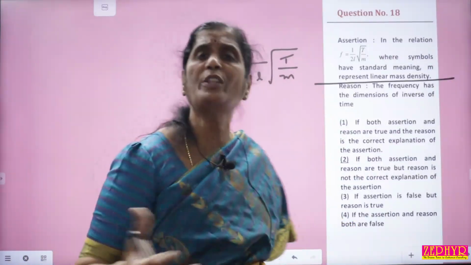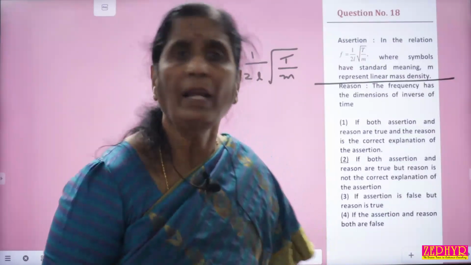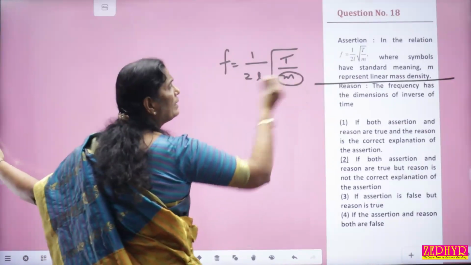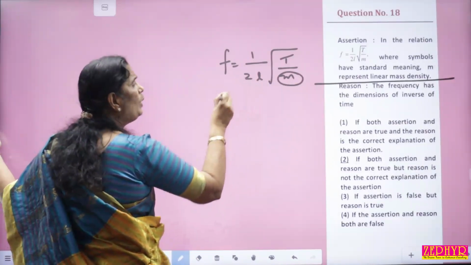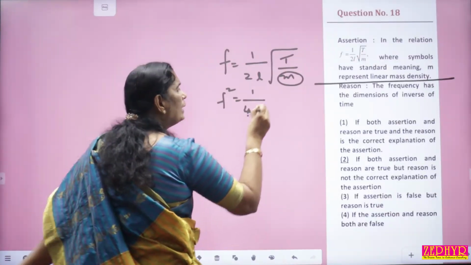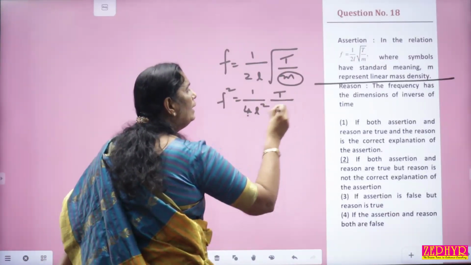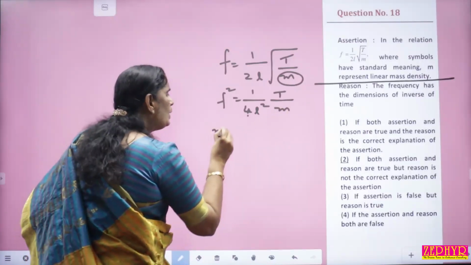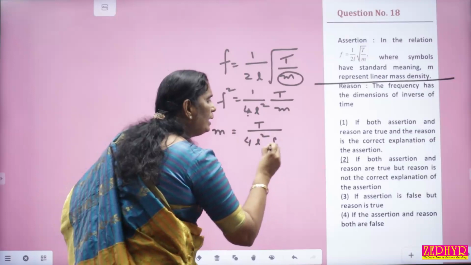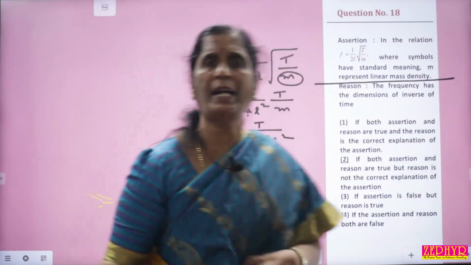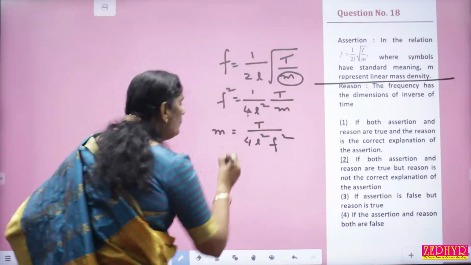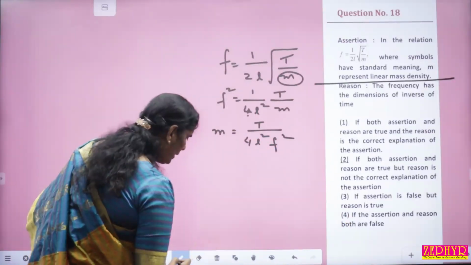If you have an idea about the wave chapter, yes, linear mass. But we have to prove it. So, we want this. Squaring, f square is equal to 1 by 4 L square T by M. So, M is equal to T by 4 L square f square. Because if you do that process, you can understand what all the letters we used. To find out M,